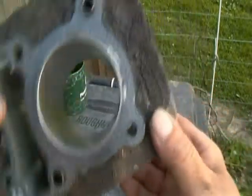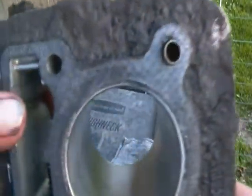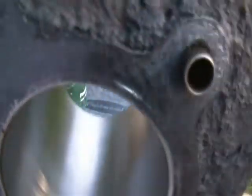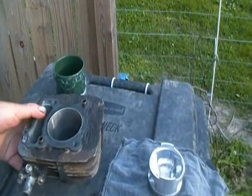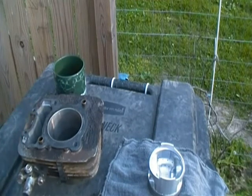Anyway, let me show you down inside there. Ain't that pretty? Look at that sheen. Nice, huh? I gotta get all that carbon off of there. He said he power washed it and it just didn't want to come. It stuck pretty good. So anyway, we got 66.30